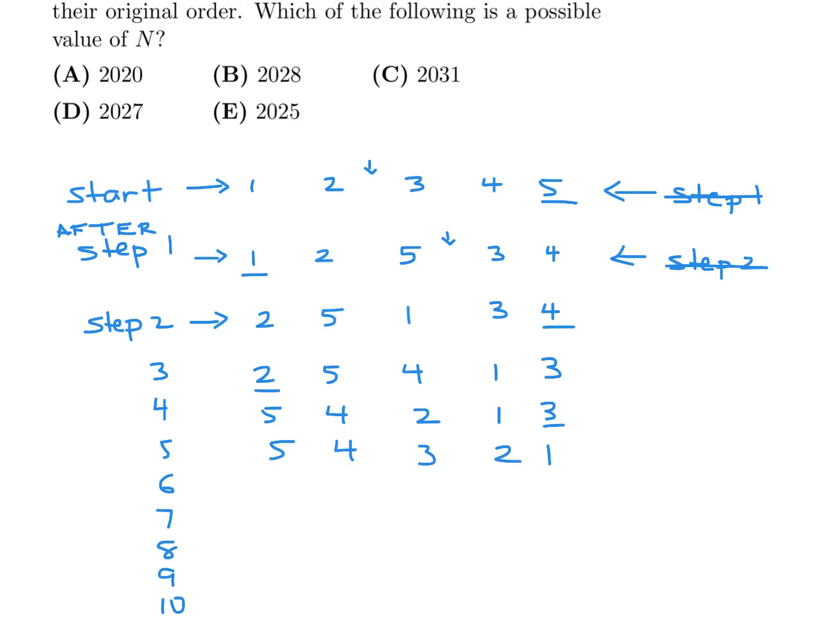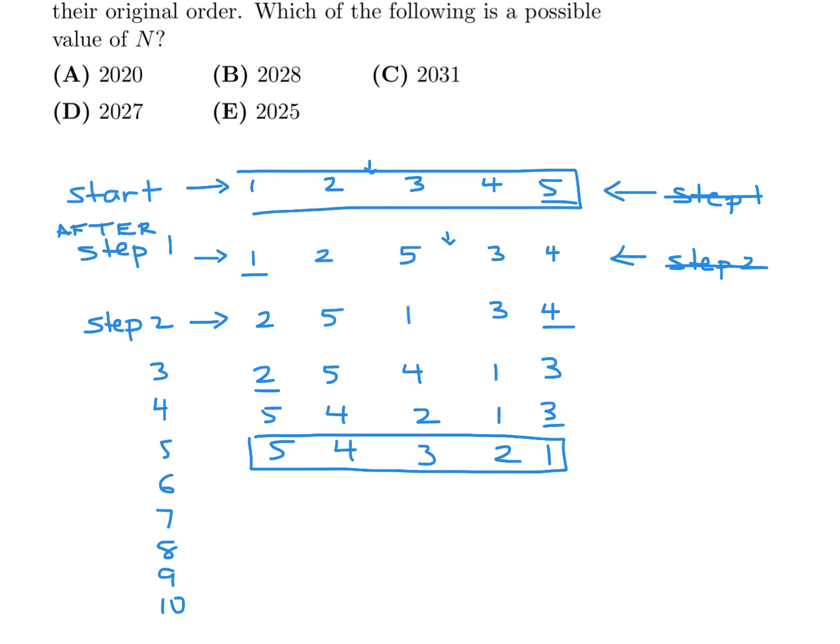Now, this is the point at which the numbers are exactly the reverse of the start, and it happened at the 5th step. Okay, now you say, okay, that's great, but does it really help me? Not yet. We still have to keep going, and then you'll see a pattern. So if you keep going, you get